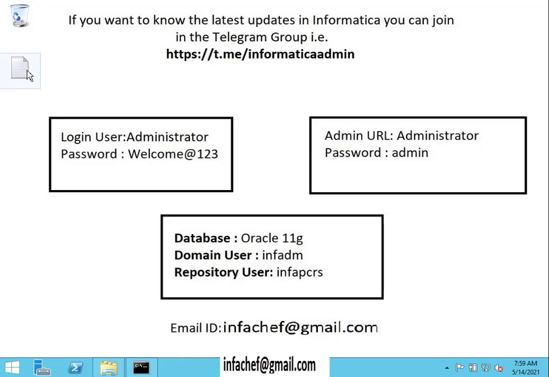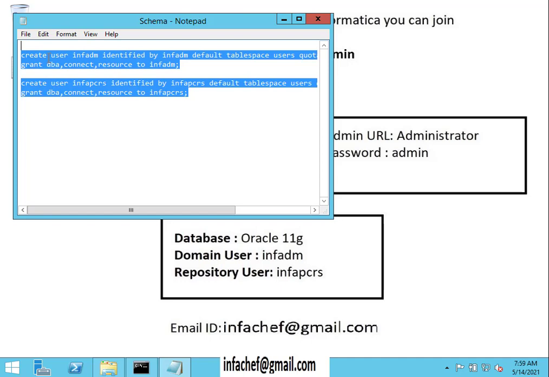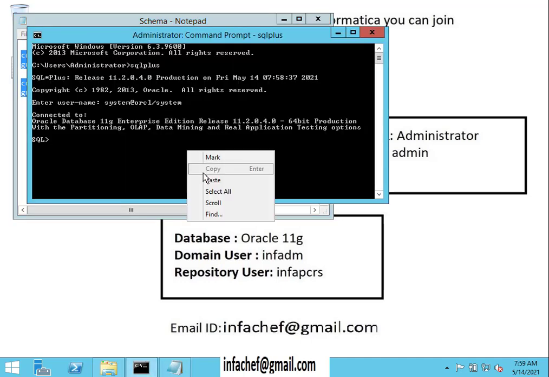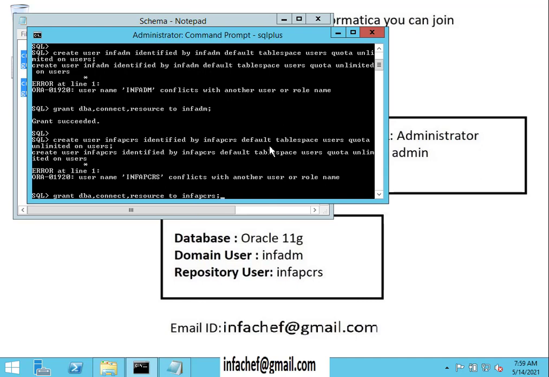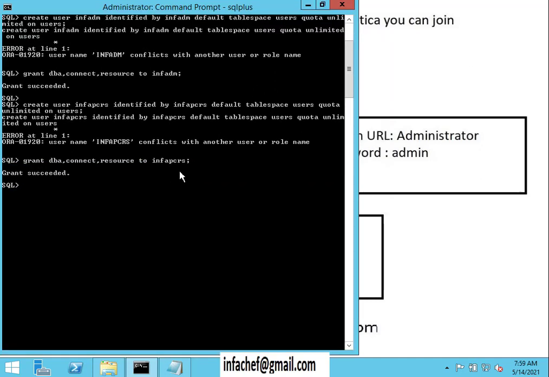Let me quickly show the script which I'm using to create the databases and schemas. I'm entering it and pasting it. InfraPCRS conflicts, so there is a user already, I think. Let me drop the user.